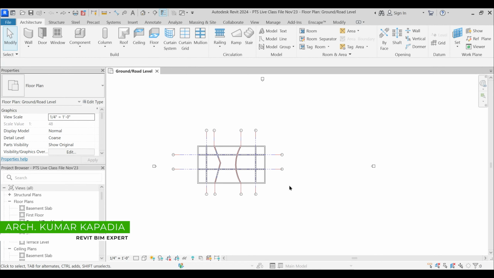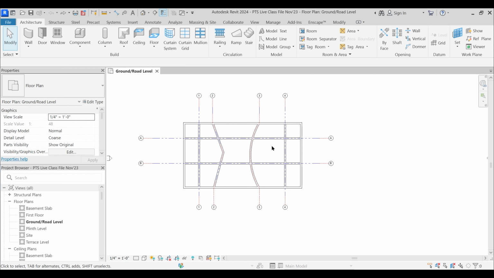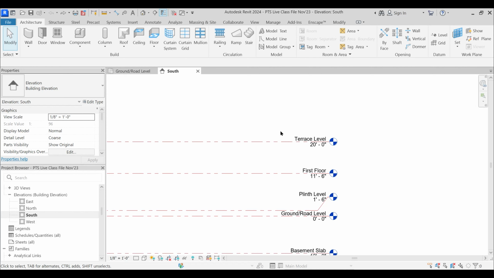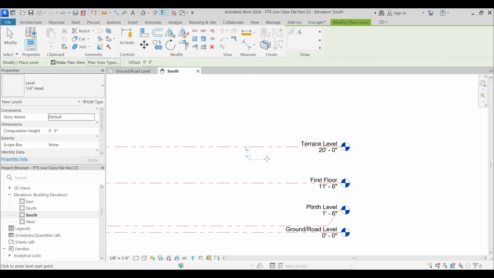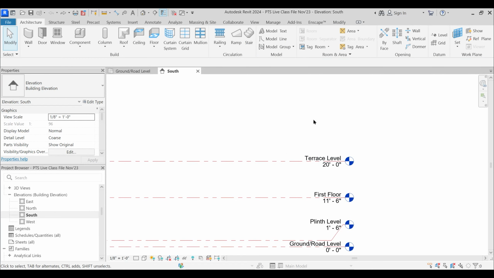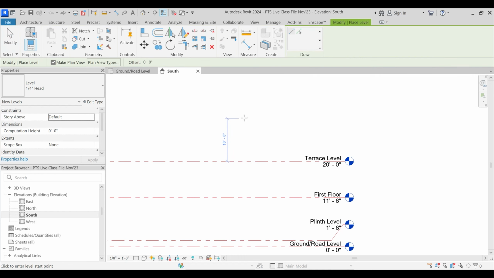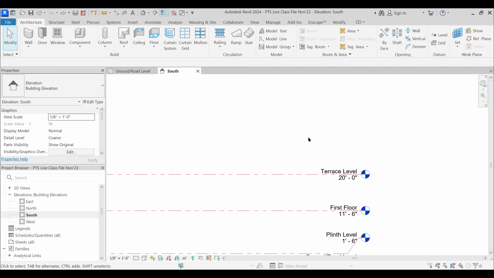So, yesterday was the first session, which was just an introduction to this interface of Revit, and I showed you how to lay the levels and grids. Fine. Yesterday there was something left out while showing these two different fields, levels and grids. If you go to this particular south elevation, I showed you how to create levels. By clicking LL, you can just pick lines, or you can click from here and then hover your mouse until it snaps to that particular designated height and then create that level. But there is one another way of creating a level also.